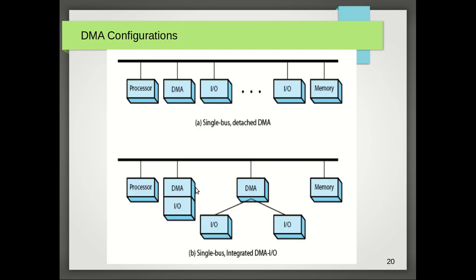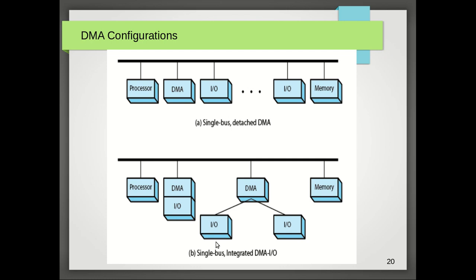Now what different types of DMAs do we have? Whatever data is transferring, either addresses or memory locations or size of read and write, everything we can see through the system lines or bus, right? And we have some modules attached to the system lines. Depending on that, we have different configurations of DMA. First is single bus detached DMA. A single bus connecting processor, DMA, IO, memory, everything separately. That's why it is a detached DMA.